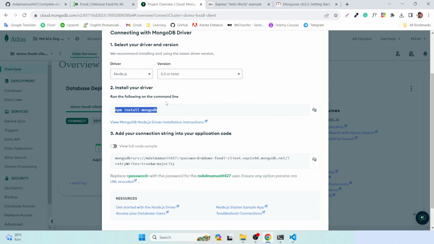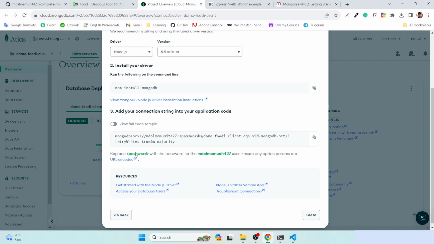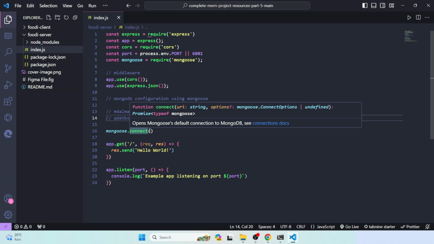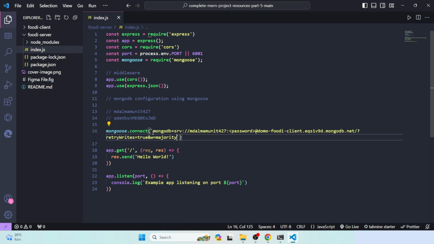Then the second option says we have installed MongoDB. We have already done that. Then you will find this URL. We need this URL, so copy it. Inside this connect we will just paste the URL. Here you can see that using this URL we can simply connect